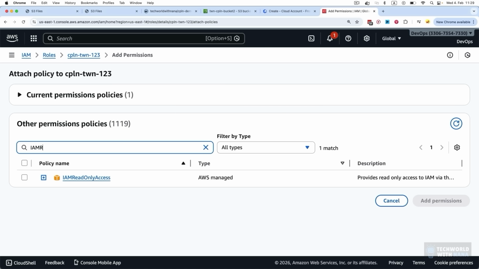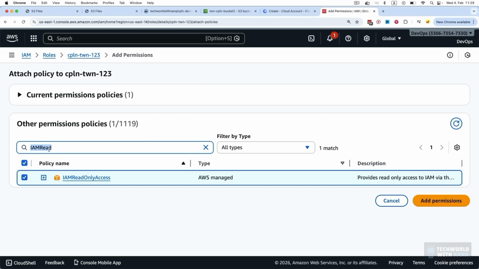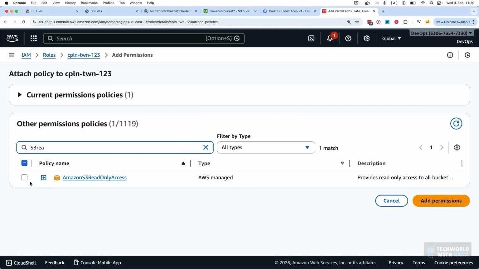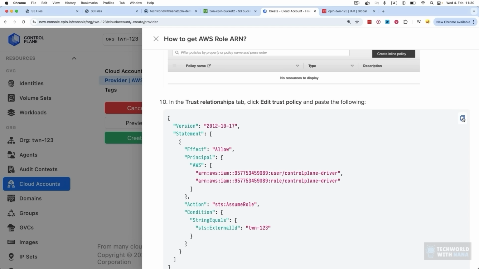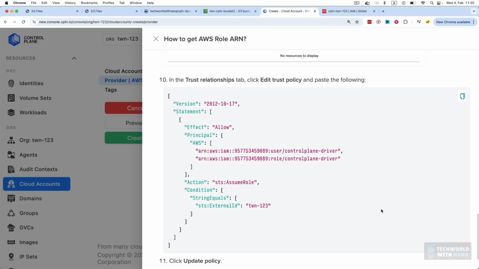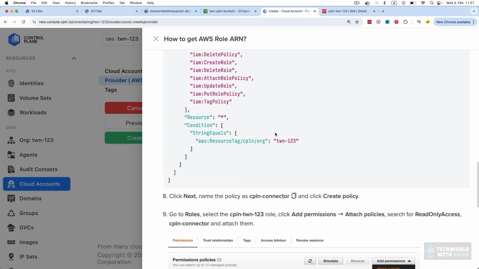I also want to give read-only access to the IAM roles. And let's also do read-only for S3 bucket. And this is the final step where we take the trust relationship. So we are establishing a trust connection between control plane and AWS account. And in addition to telling AWS, hey, you can trust this third-party platform control plane because it's our account, we are also defining exactly for what it can trust it, right? Which permissions does control plane have in this account? Because we want to give the minimum permissions to keep our account secure.